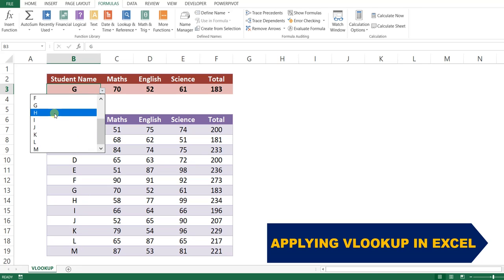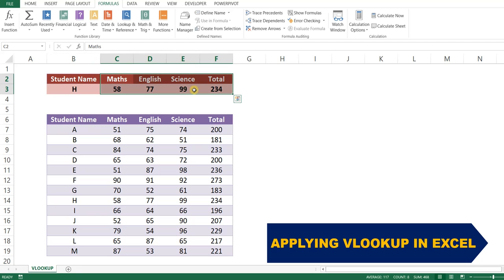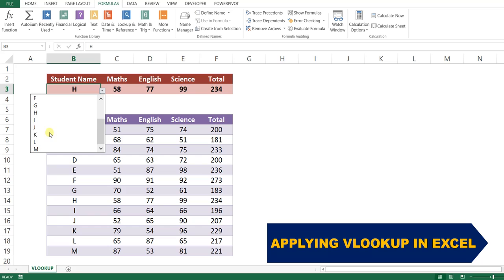If we click here H, it means I have selected the student name H. So once I click student name H, we can see that the marks obtained by student H in each subject will automatically highlight here. Similarly, if we change the student name from H to K, we can see that immediately all the marks from each subject will change accordingly.